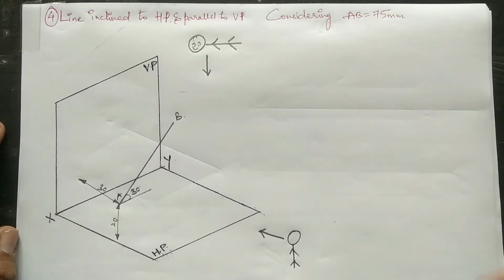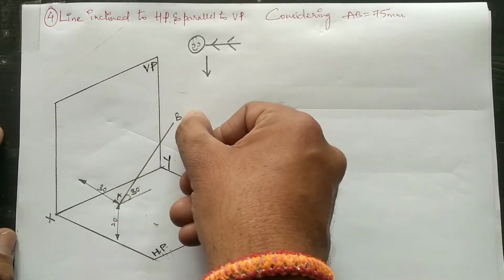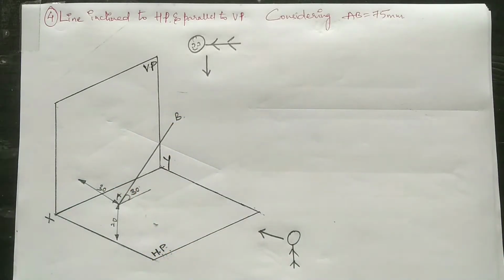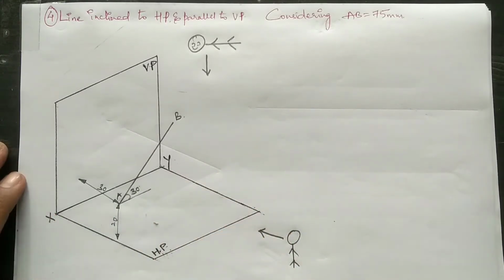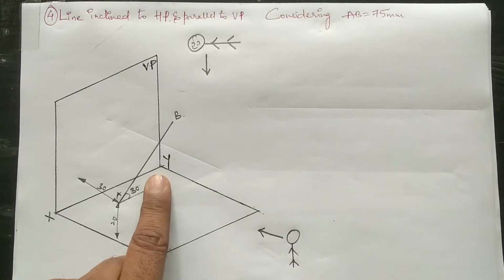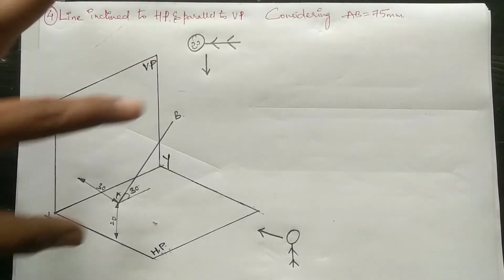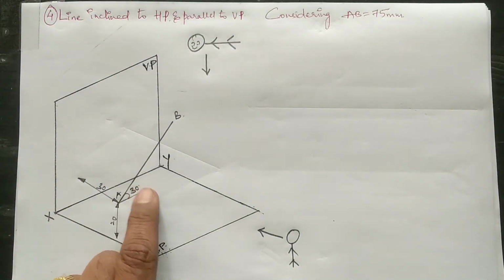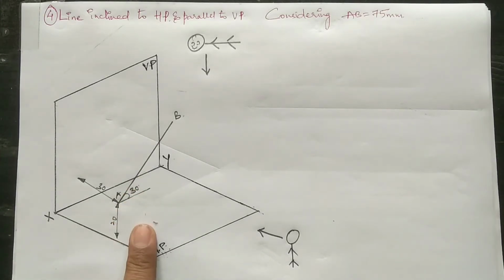But in the present case, we are about to see the line which is inclined to HP. In the normal basic position, if we draw it like this, the line was parallel to HP as well as parallel to VP. But in the present position, it is not parallel to HP, but inclined to HP and parallel to VP. You see the position of a line which is parallel to VP, but making an inclination with respect to the horizontal plane.